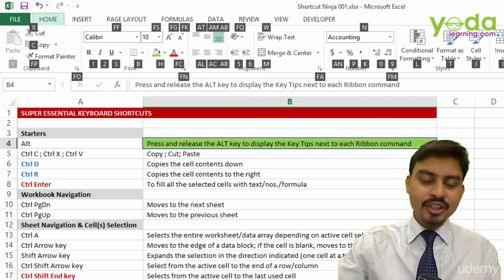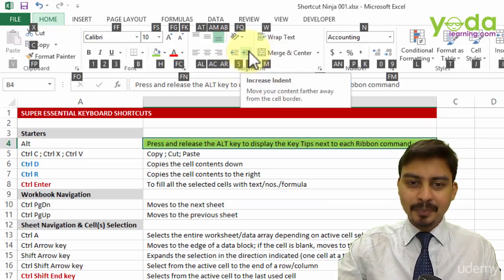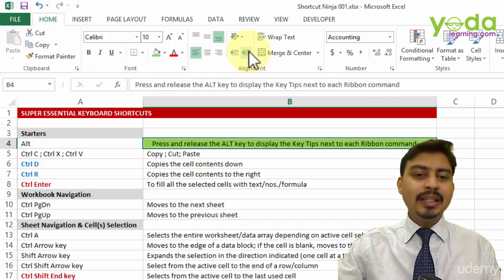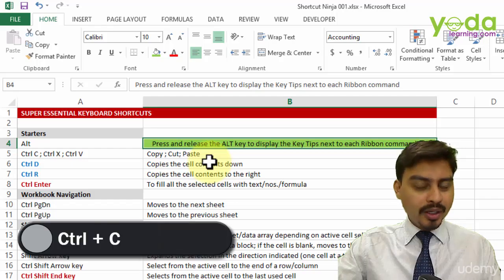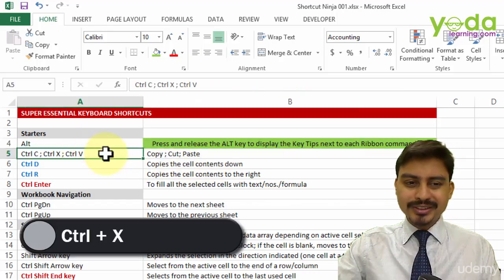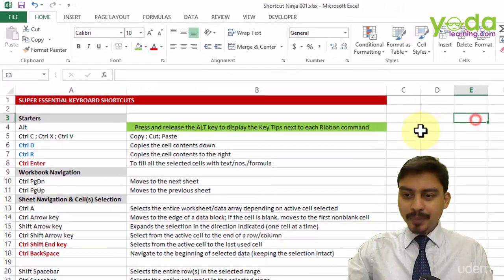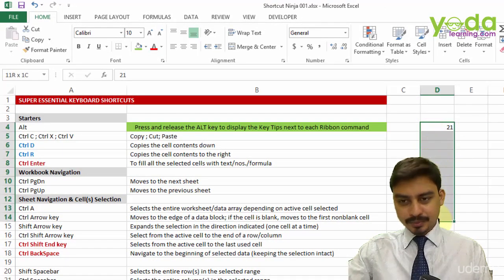Let me press digit 6. Why 6? Because this is present beside the button called increase indent. Let's say 6. As you can see, it definitely affects the text inside it. Now, you would already be working with Control C, Control X and Control V, so I'm not going into that detail. What else? Well, if you have any formula or a text which you want to copy paste down,